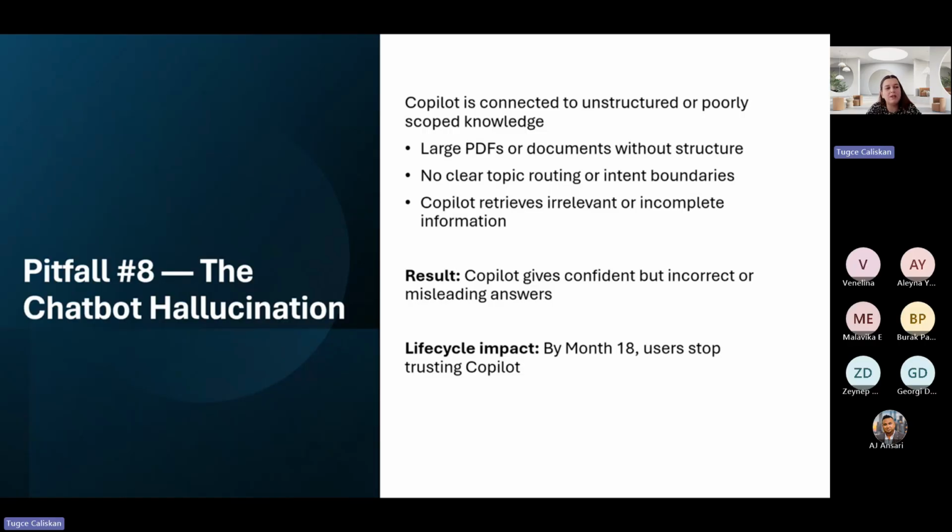And here the problem is not Copilot itself, but our knowledge architecture, where we need to build structured, scoped, and well-organized knowledge. And we would see this around, let's say, month 18, when our system is already ongoing, right? We have a big scale system, and the chatbot is one of the used platforms. And we start having issues and unreliability in the answers we receive. And if this is having a big impact on our platform, our system, having this issue will be a problem too.